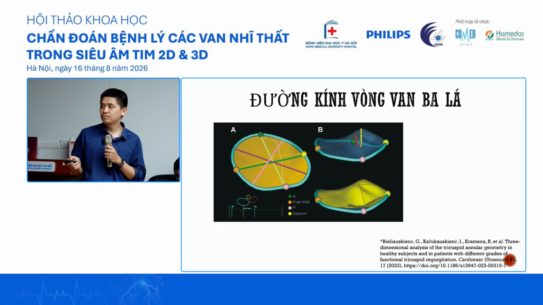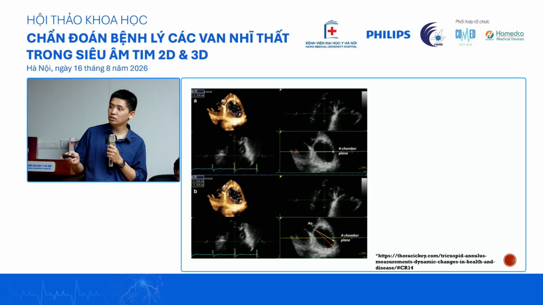So that's why the tricuspid annulus is actually important. Here you can see a diagram of the tricuspid annulus. The green one is anterior, this one is posterior, this is septal. Usually what we measure is the light purple here, but the largest we can measure is actually this one, from the anterior septal commissure to the posterior leaflet. As you can see on the diagram, this is what we measure, but this is the biggest one that we can actually measure. So in surgery, they will measure this one, and we will measure this one.